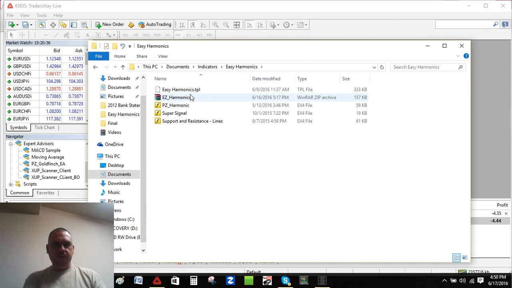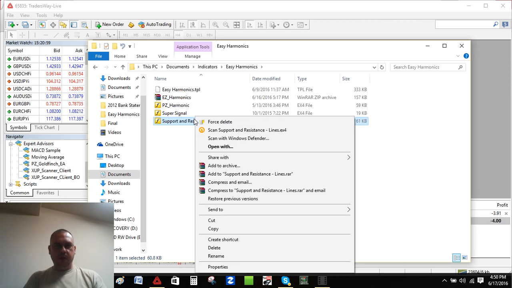Now I have a template file, but I'm going to show you how to make your own template. You can do it however you want. If you want, I can send you the template file if you don't have it. Some of these files I've been sending out do have the template file in it, but it's not needed. A lot of people ask me, where's the template file at? But basically, you just click on each one of these, hold the control key down,